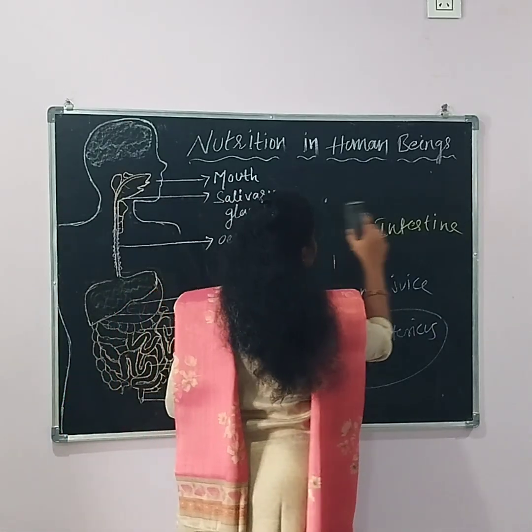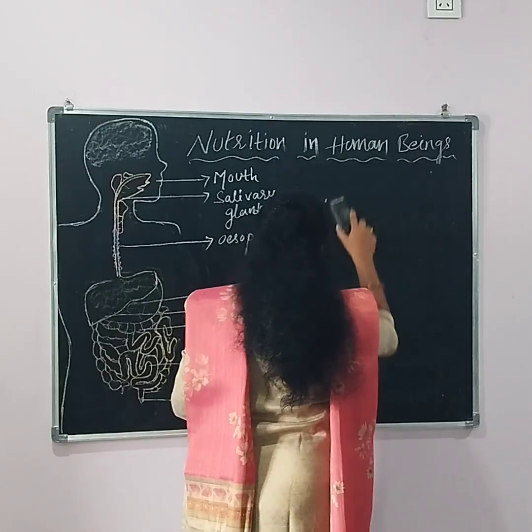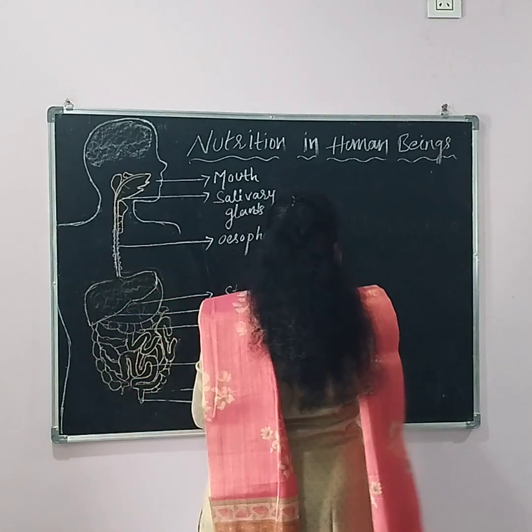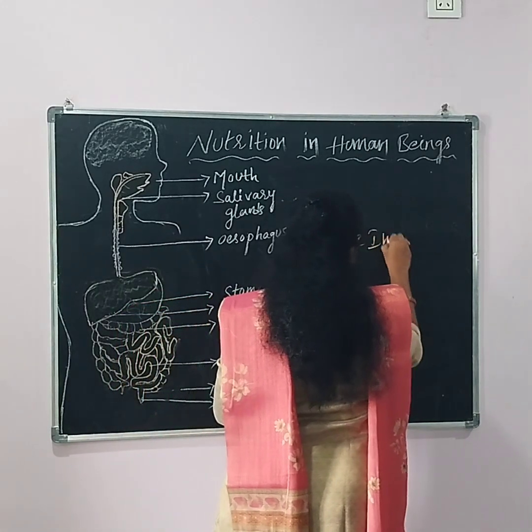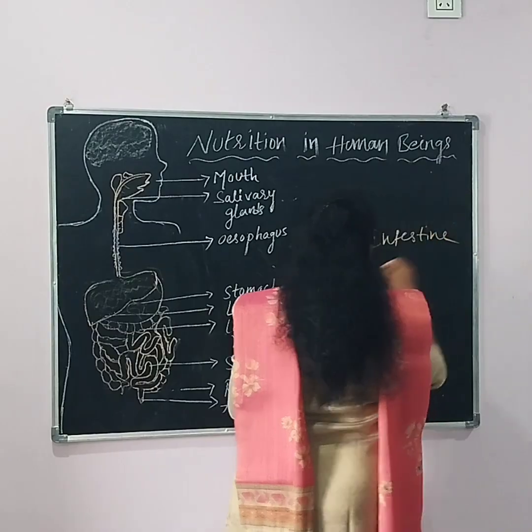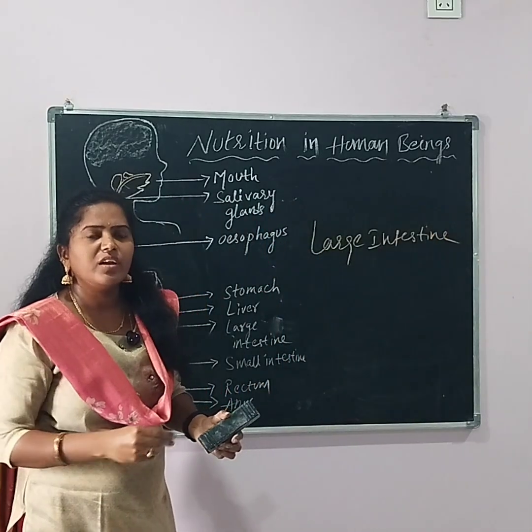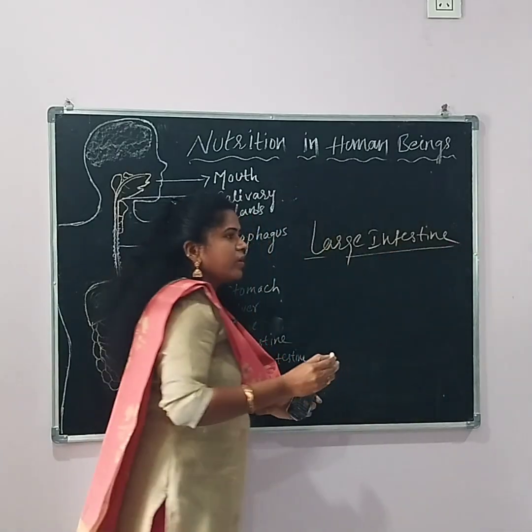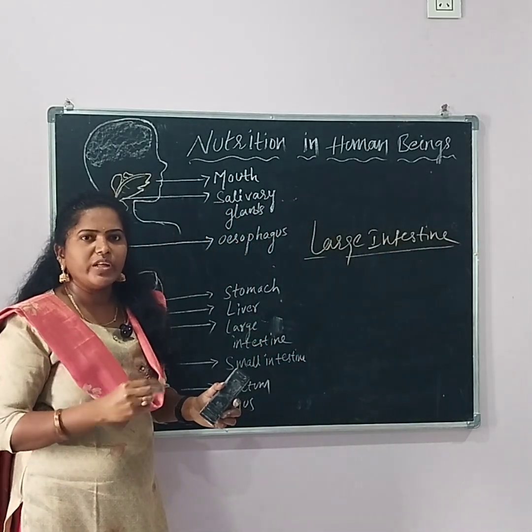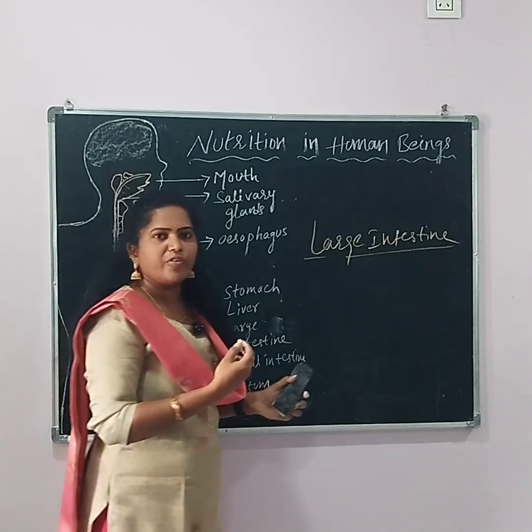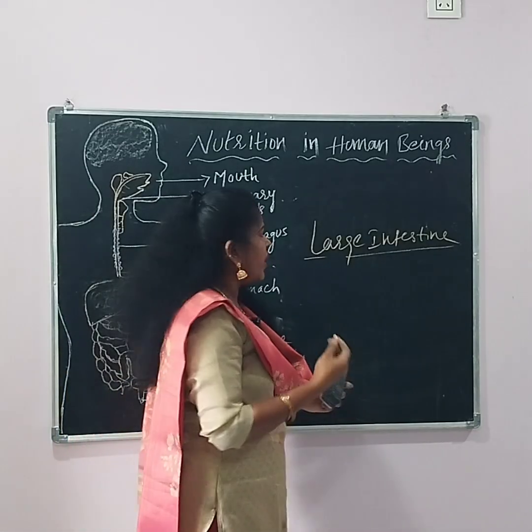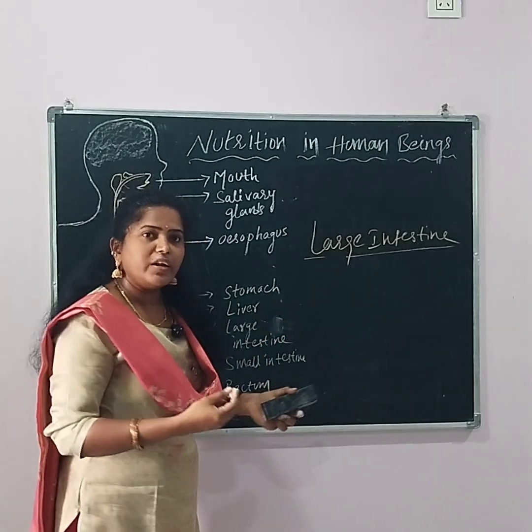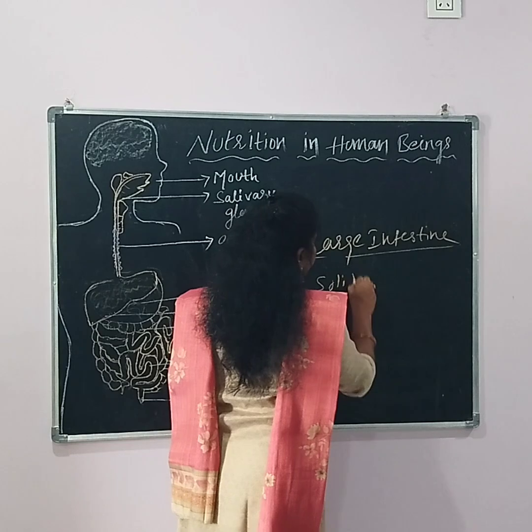Large intestine. Food is completely digested and all the nutrients are absorbed by our body. Next, large intestine. Compared to the large intestine, the small intestine is very long, and so all the nutrients are absorbed by our body in the small intestine. And next, what is left? Waste, fecal matter, and whatever extra water is there is also absorbed here. And the next, solid matter,